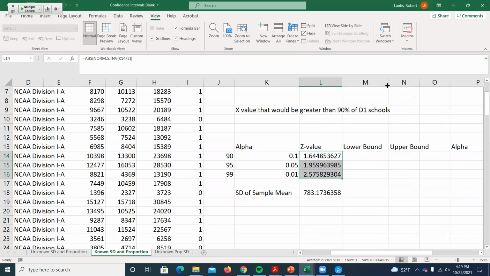So the next thing I'm going to do, I have all the components now that I need to find my upper and lower bound. Okay? So for my lower bound, at this point, it's really just using Excel to be your calculator. Right? So the main advantage in Excel here when I'm doing confidence intervals is to use that NORM.S.INV